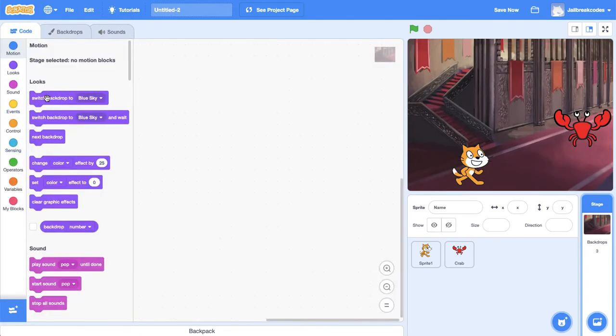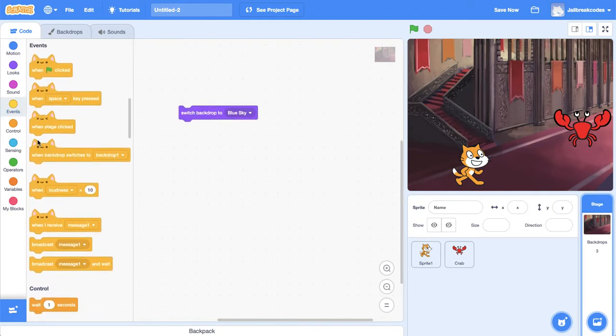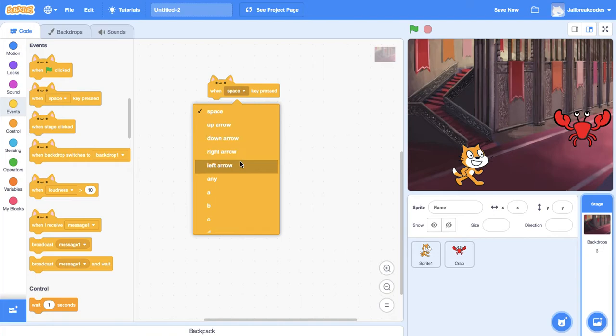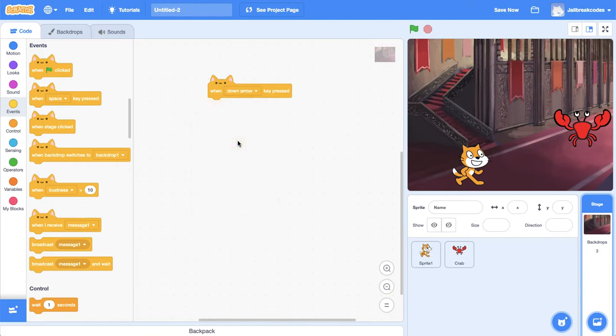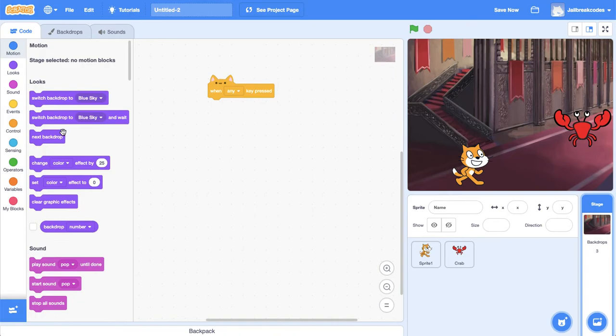So what will happen is, after I receive message, when this key pressed, what about down? No, any. You can change it to set backdrop to blue sky. Then,